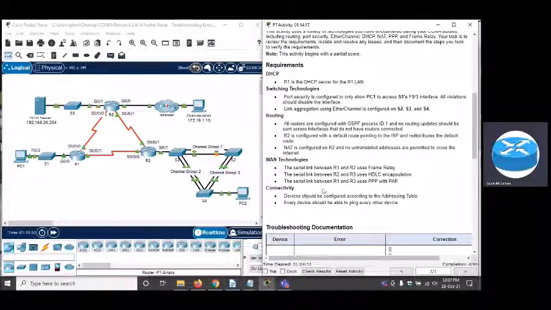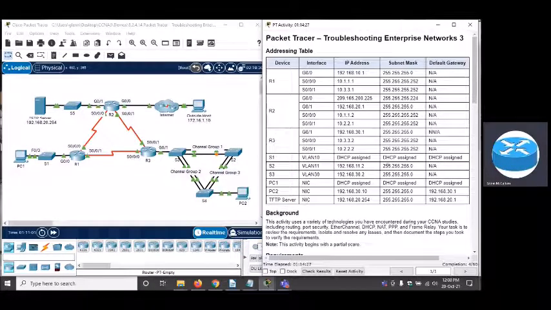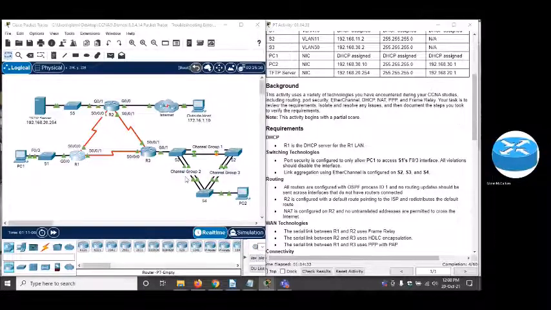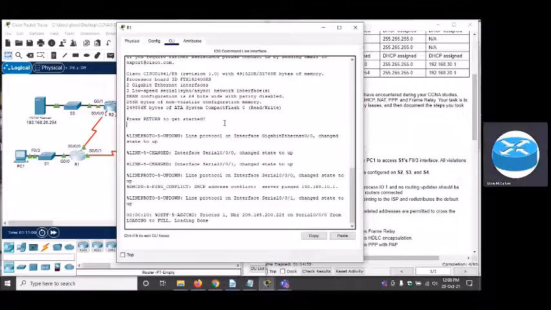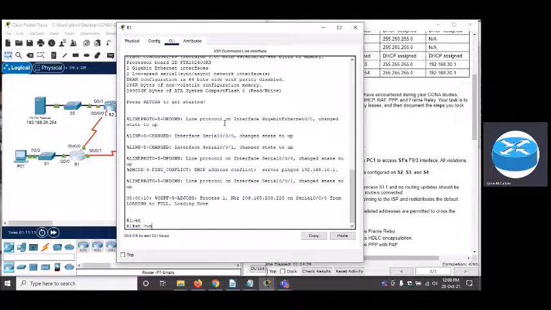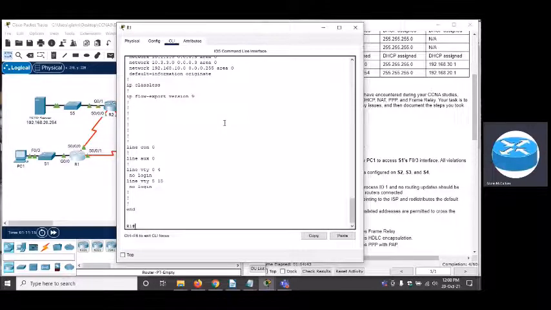So after we've checked that everything works, and so of course the addressing table should be consistent, and of course they should have full connectivity. And so we've of course got the addressing table there. So what I might do is just go through the list. R1. And so here, enable, show run. So R1 is supposed to be a DHCP server. And while we're looking at it, we can look at